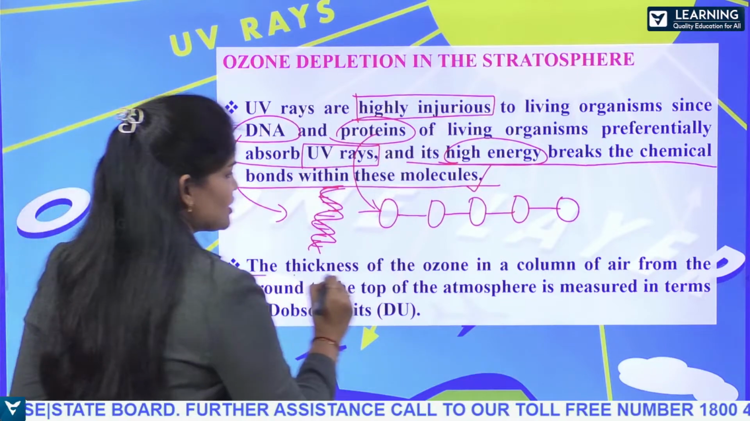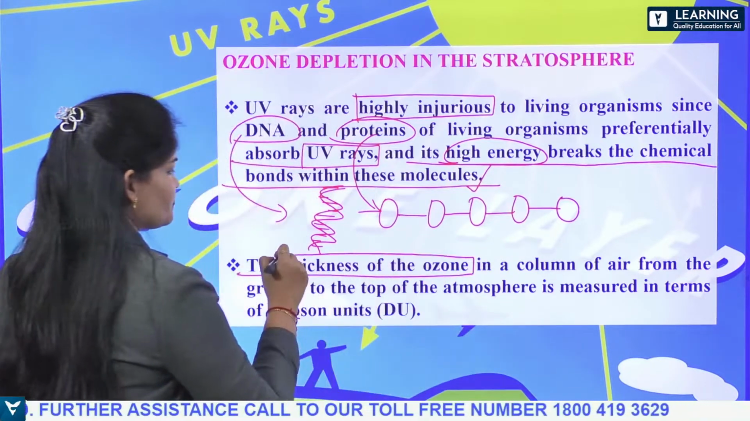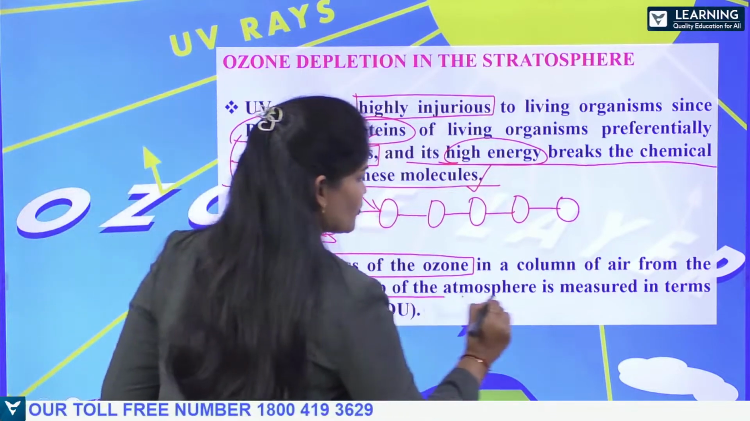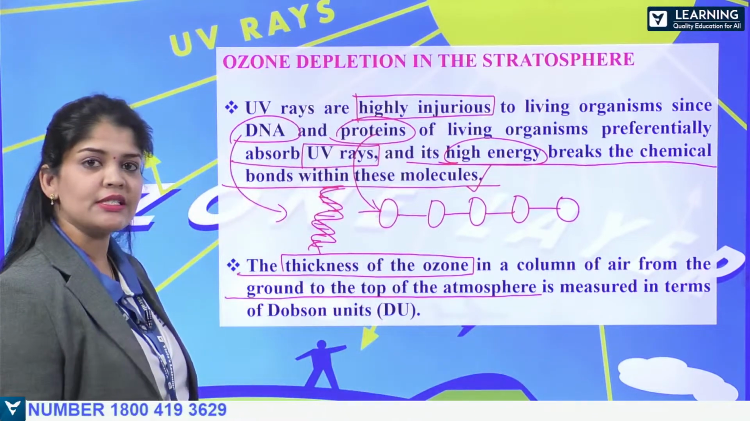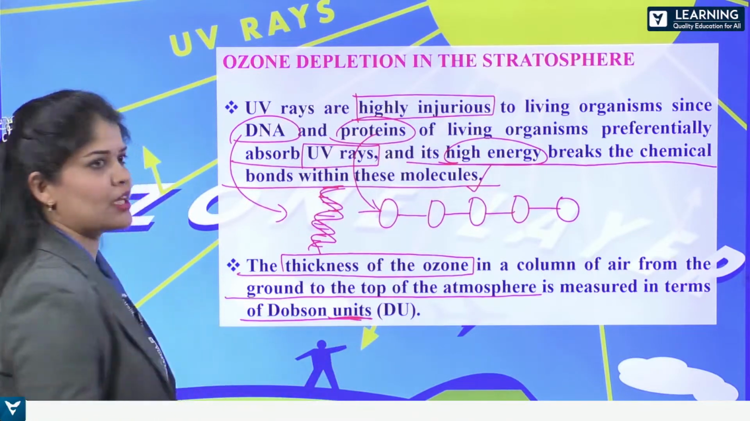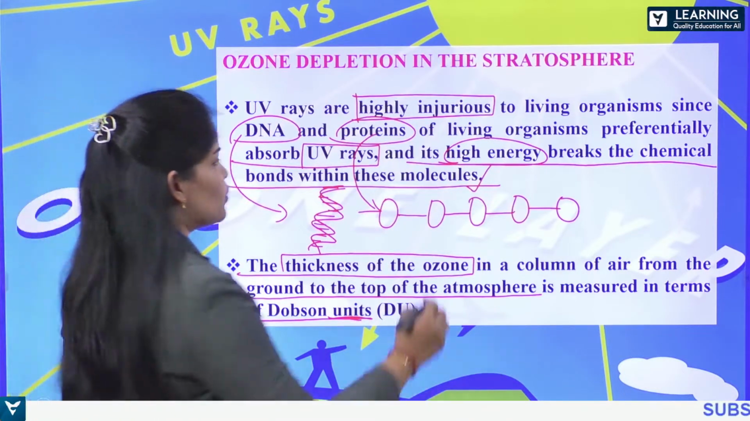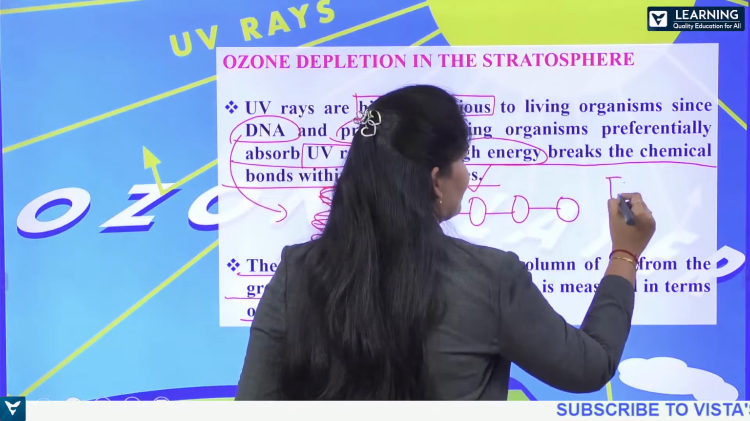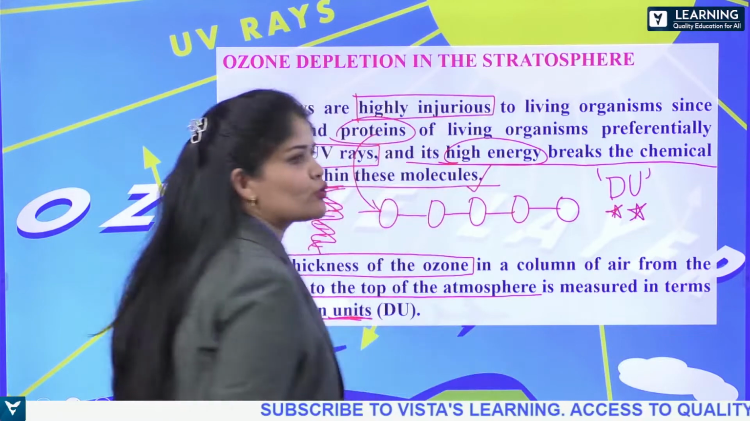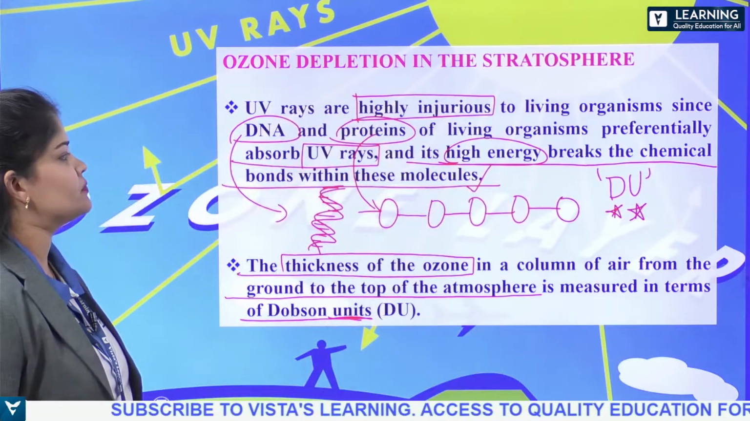So the thickness of ozone in a column of air from the ground to the top of the atmosphere is measured in units called Dobson units, which is denoted by capital DU. This is very important from your NEET point of view, right? Now,